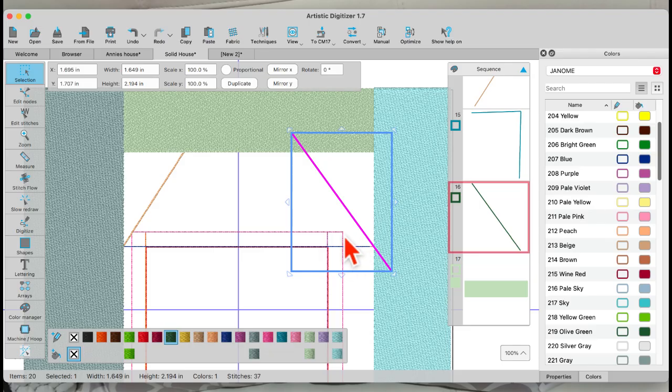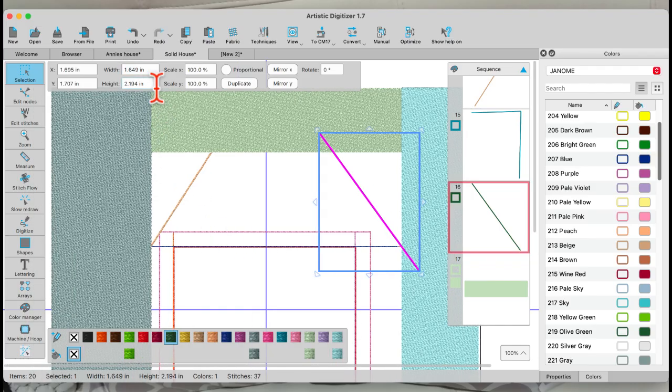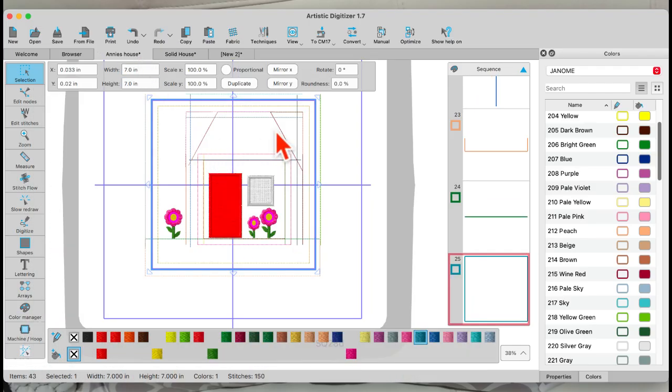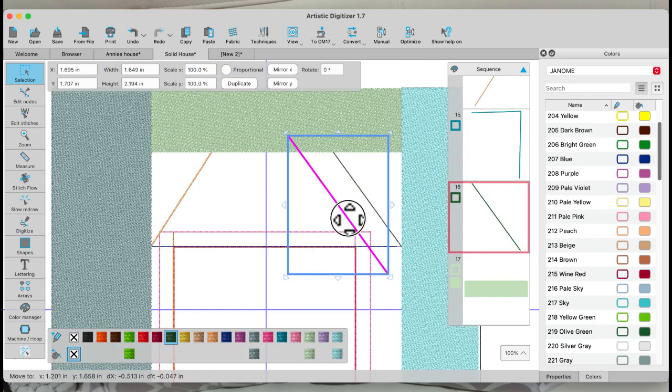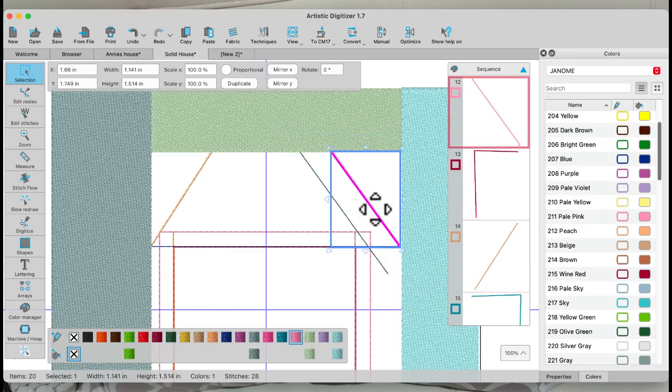For some reason, that line is in the... Oh, I know what I did. I did not move that corner line, I think, when I did my roof. Let me see. Yeah. This is where you'll find parts where you might have done the line that's under here. This line actually needs to be over here. And for some reason, I didn't move it, or I deleted the wrong one or something. Here we go. These two lines need to be on top of each other